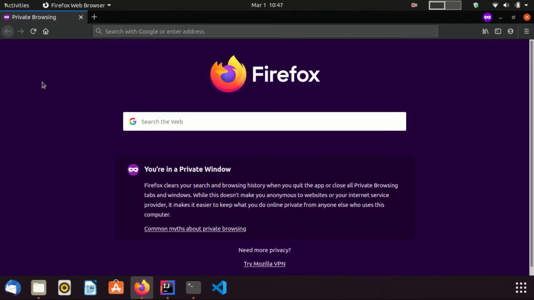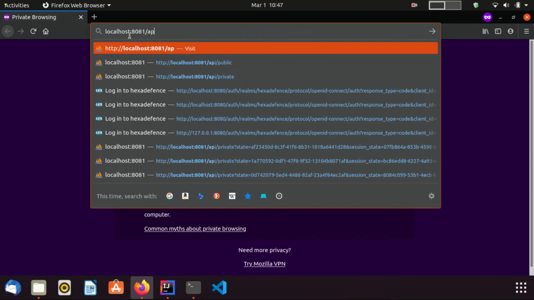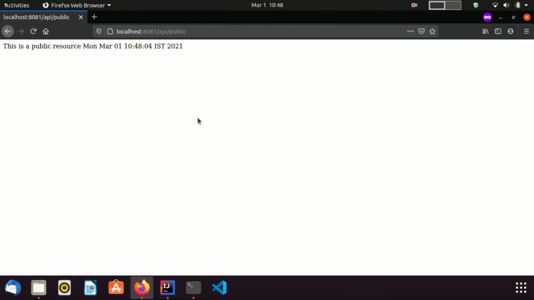First, I am going to access the public URL of the Spring Boot application. I can visit the public endpoint without any restriction or without providing my credentials.